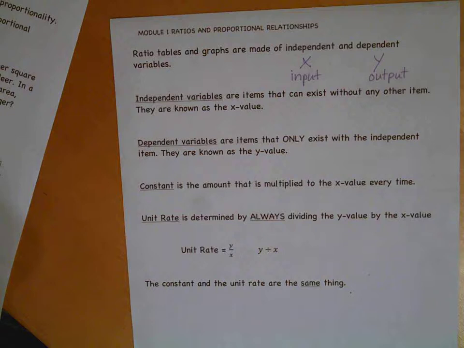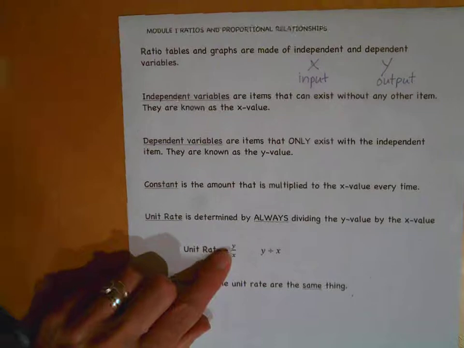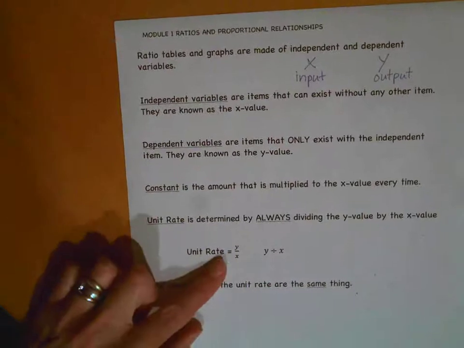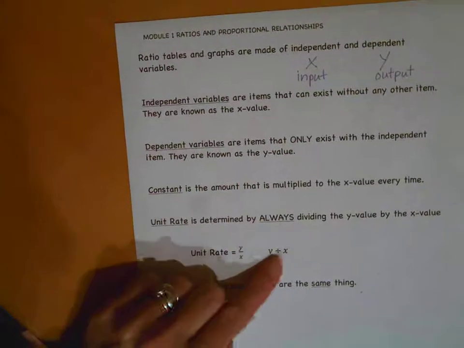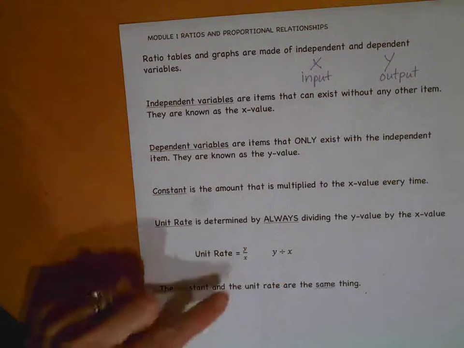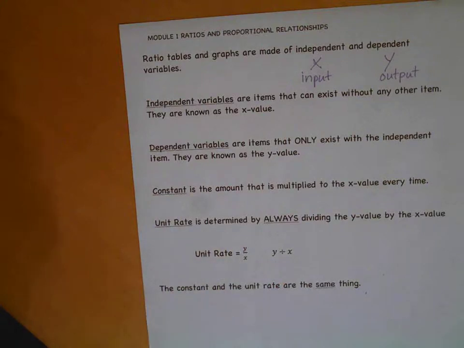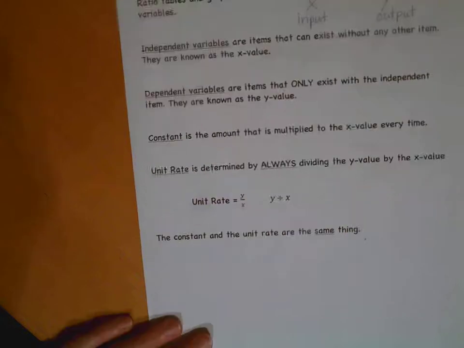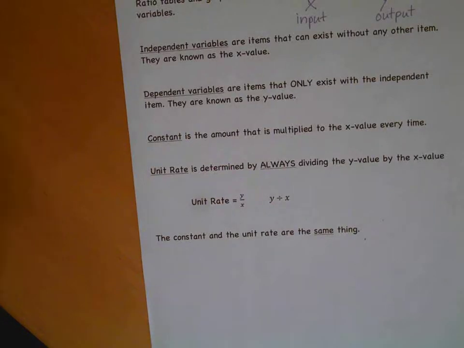The constant is the amount that is multiplied to the x every time. The unit rate is determined by always dividing the y by the x value. So in order to find unit rate, you take y divided by x. How do you find unit rate? Y divided by x. So the last thing that you need to know, and this will answer your question from the beginning of the lesson,